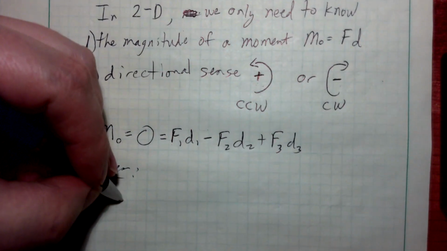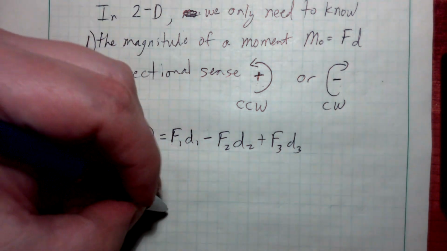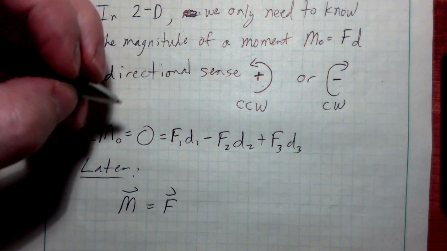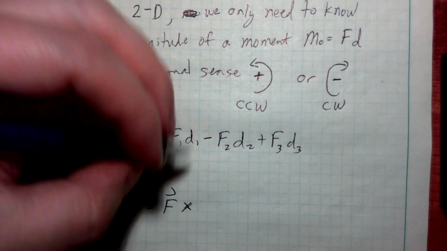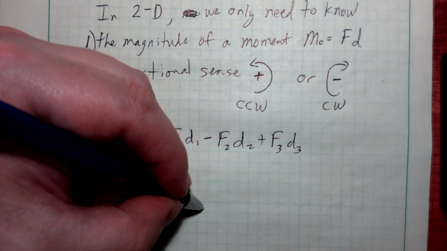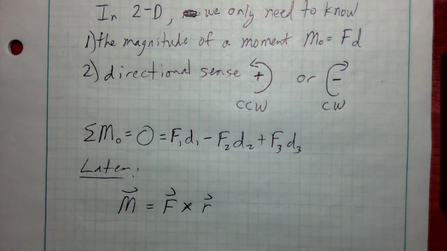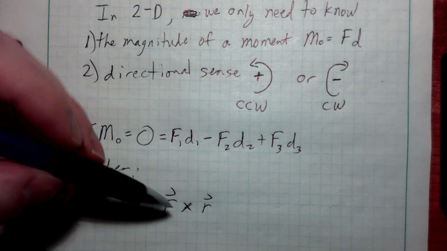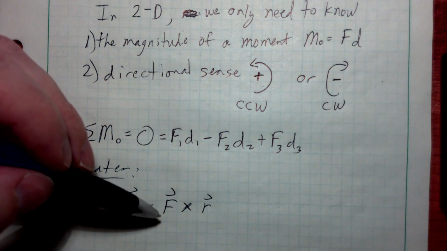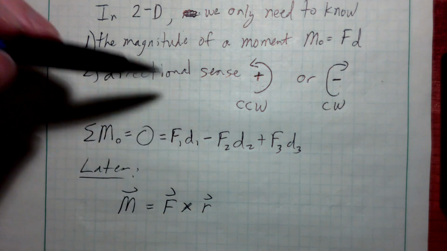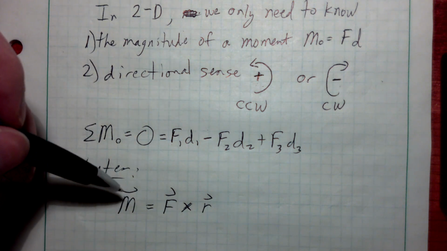we will talk about finding a moment vector, which is going to be based off of taking the force vector and performing an operation we call the cross product of the force and a position vector, a vector pointing to wherever we're taking our moment about. This position vector points from that point out to a line of, or to any point on the line of action of the force vector, and that will tell us the three-dimensional components of the moment